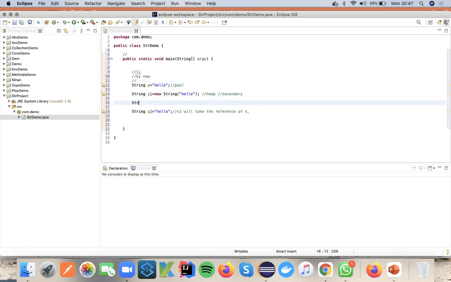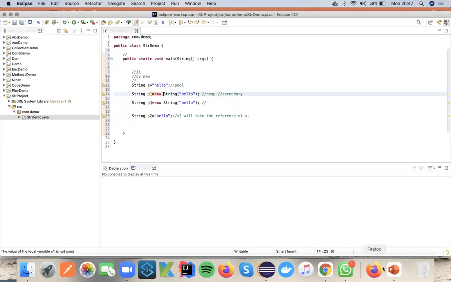What will happen here? I'm declaring string s3 equals new String of hello. Okay, so now we'll come back to this. We'll try to understand what this approach is and what will happen in this case. Here it will be stored into the heap memory, as we discussed.